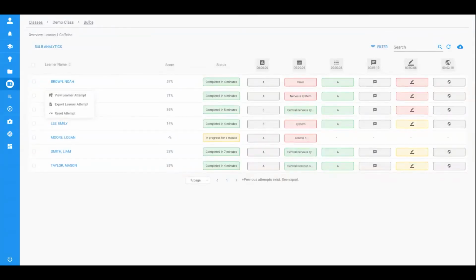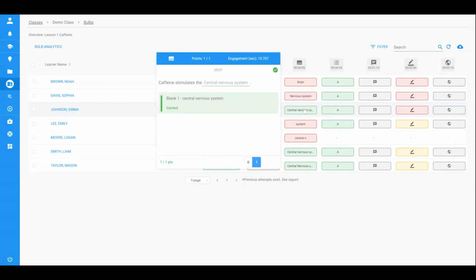The Monitor page allows instructors to examine specific responses from learners by clicking on the response you want to examine. It will show the question and response, the time duration the learner spent on these interactions, and the grade the learner received from this interaction. Instructors can also adjust the score here.